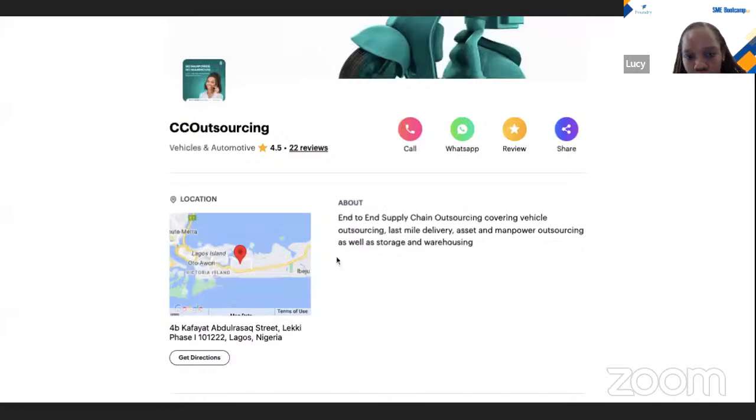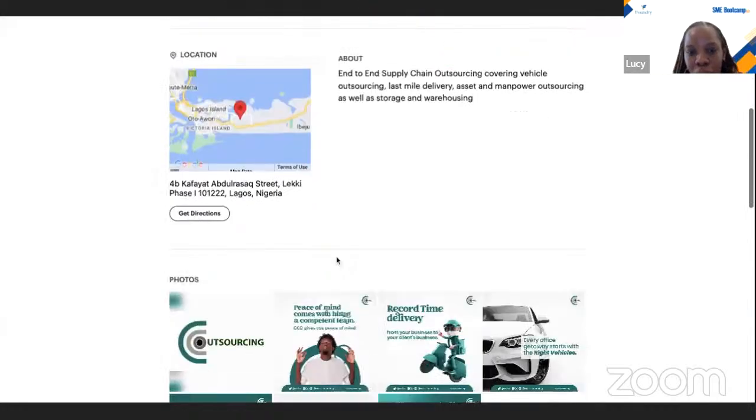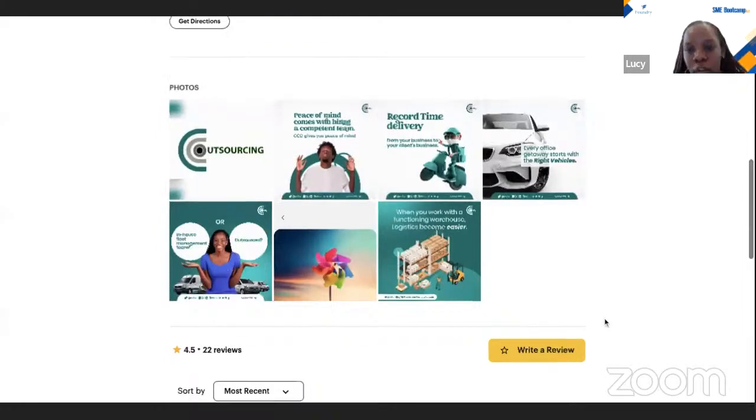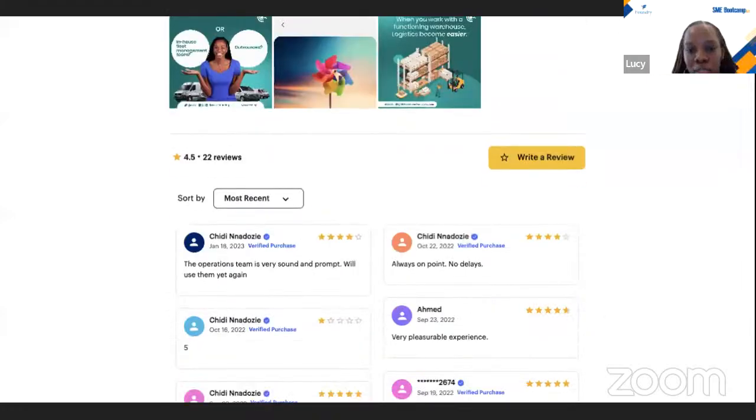This is what they do, right? And then they added their photos, right? So, and you can see how clear their photos are. So also make sure you add very clear photos, and then you can see what customers are saying about